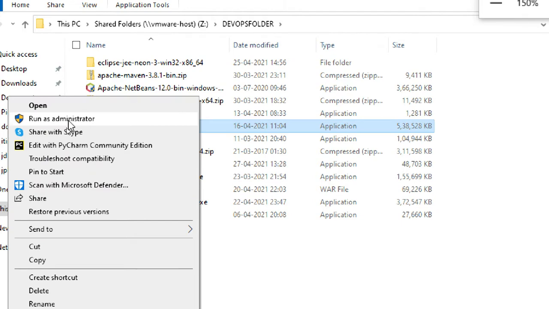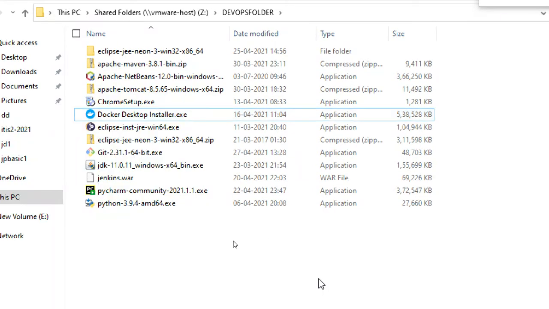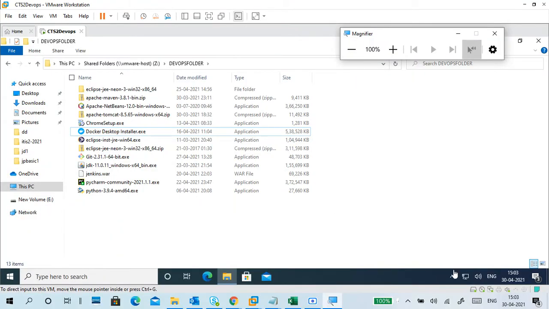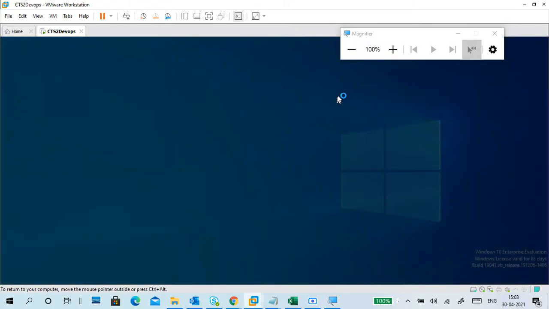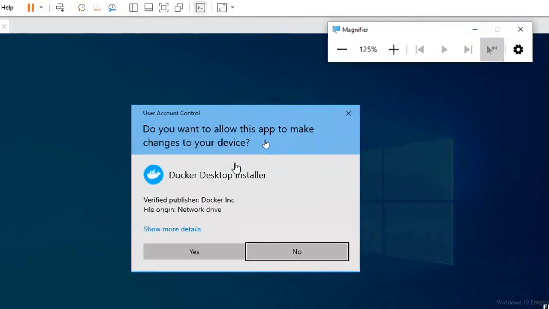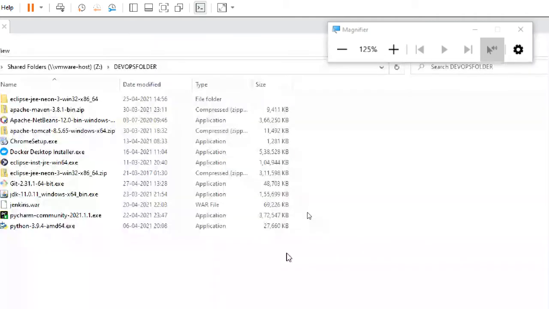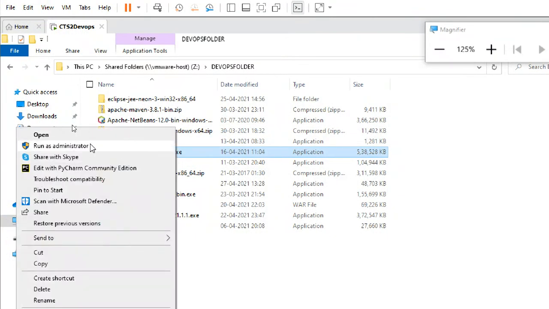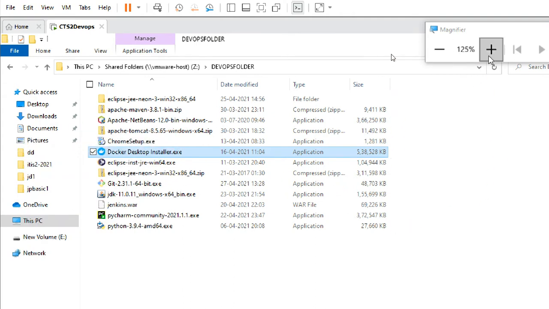You can do run as administrator also. Already done, so why is it not open? It just takes time. If you click No, it won't install. Better I will run as administrator, so I receive all rights.